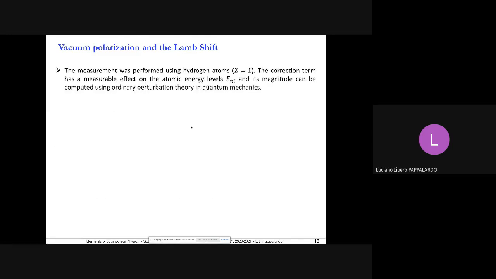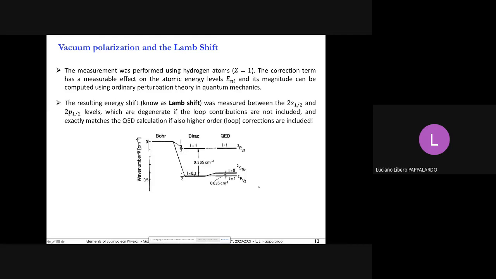So let me just very quickly describe this effect. The measurement was performed using hydrogen atoms, Z=1, and the correction term has a measurable effect on the atomic energy levels, and its magnitude can be computed using ordinary perturbation theory in quantum mechanics. So this is the situation. The resulting energy shift, known as the Lamb shift, was discovered by this guy here, and has been measured between the